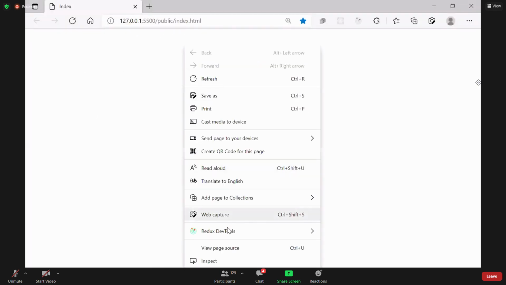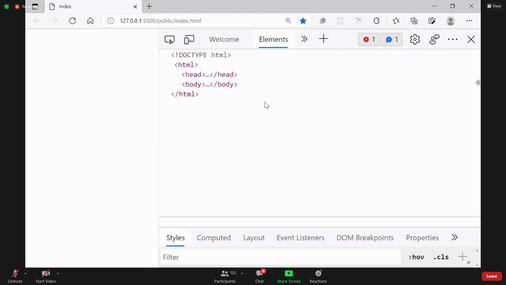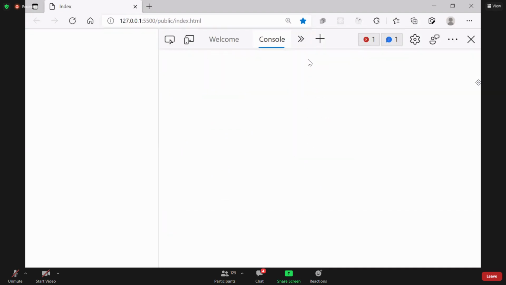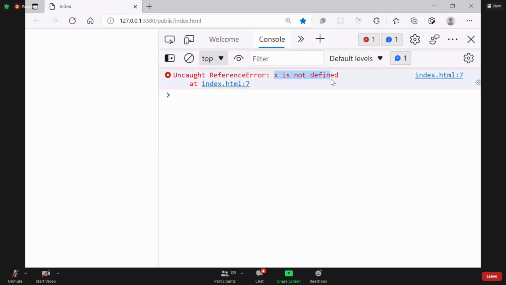Go to the console, inspect, and see the console: x is not defined. That means declaring a variable in JavaScript is not mandatory unless it is in strict mode.